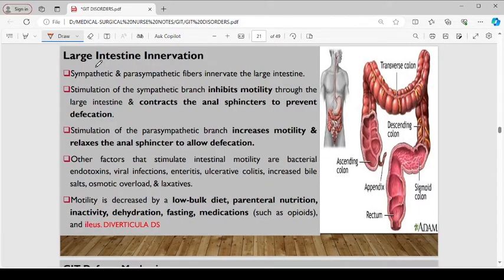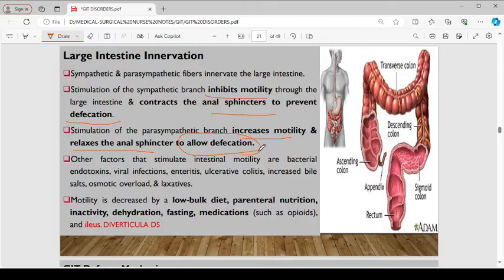In terms of innervation, we have sympathetic and parasympathetic fibers which innervate the large intestines. Stimulation of the sympathetic will inhibit motility through the large intestines and contract the anal sphincter to prevent defecation. While stimulation of the parasympathetic will increase motility and also lead to relaxation of the anal sphincter,